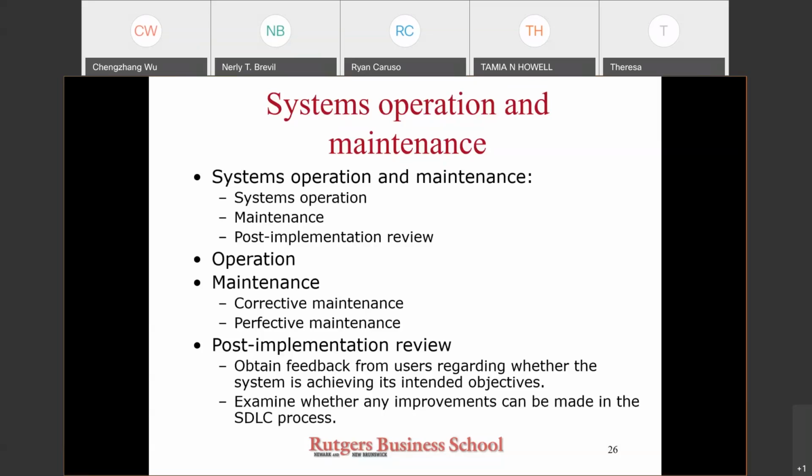So a key issue in evaluating the newly implemented system is the question: are users satisfied? By means of a questionnaire,